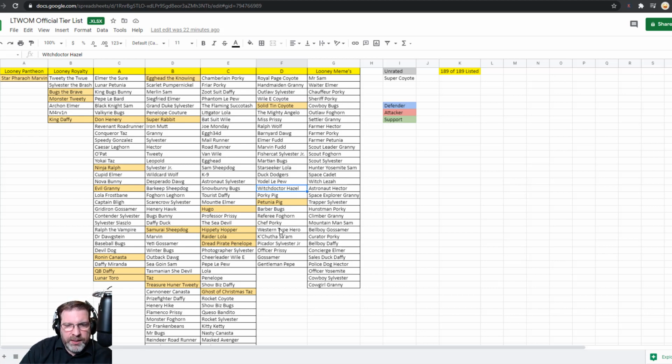Porky Pig, Chef Porky. I don't know. I wrestled with Chef Porky going between D tier and Looney Meme tier because I don't know if he's ever used. As we continue to work on this list and do updates every month and get more player feedback, because I do take some of that into consideration, and more experiences as we continue to play through the game, you'll see this stuff move around. Just like any other tier list, you're going to see toons and characters move up and down the list